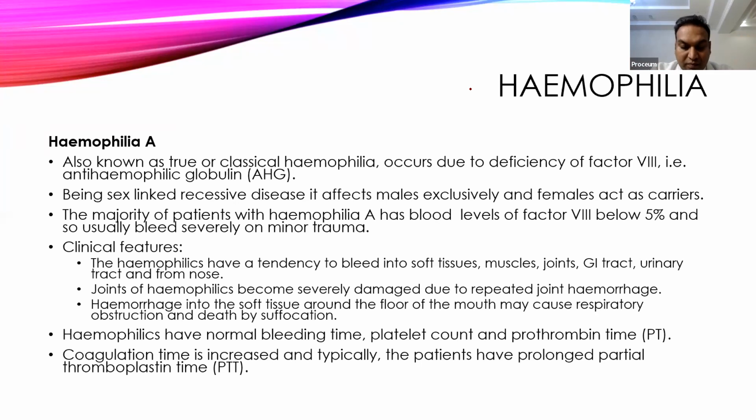Then if there is bleeding in the urinary tract, hematuria can also be there. Epistaxis is one of the common features. Epistaxis means bleeding from the nose. Another feature the patient complains of is red colored urine. And the most important common feature is bleeding in the joint, like painful joints. Joints are usually painful, specifically the knee joint or ankle joint, because these are high pressure joints where injuries are more common. That is called hemarthrosis, and the patient will come with hemarthrosis.